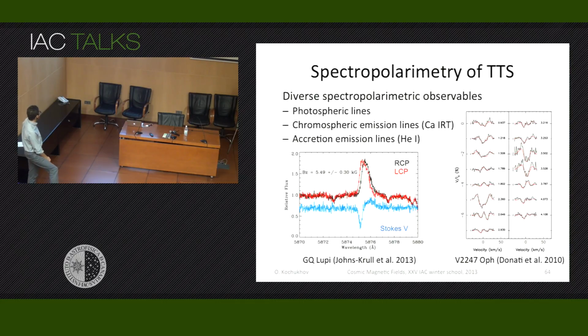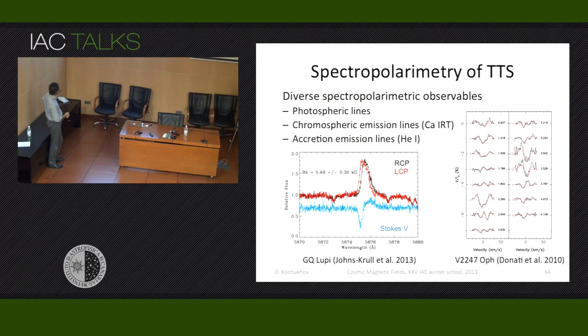And yes, spectropolarimetry is also becoming possible for these stars. Again, we are talking about heavily obscured 11th, 12th magnitude objects, so we can only use the largest telescopes, maybe 4-meter class telescopes, to observe these kinds of stars. And using the standard technique applied in the late-type star business, least squares deconvolution, one can see Stokes V signatures in